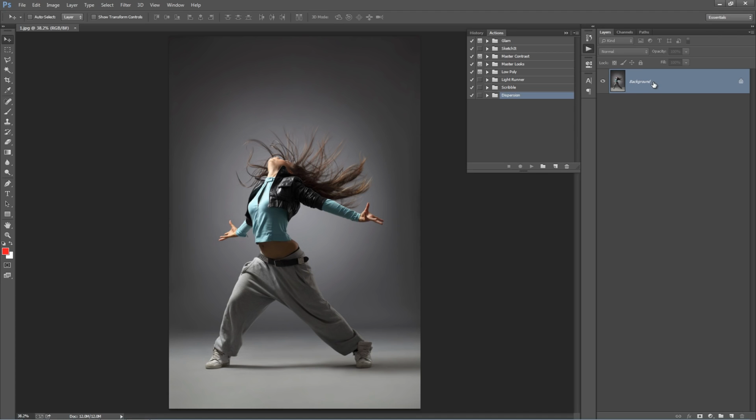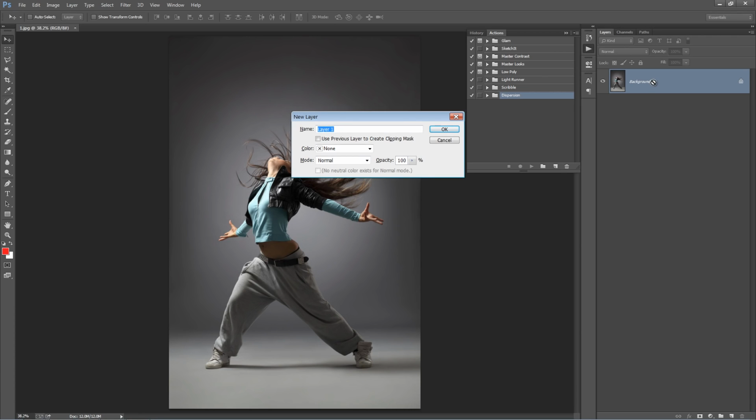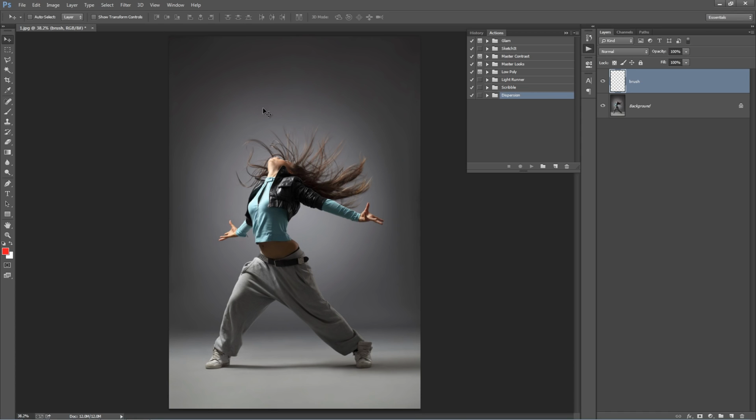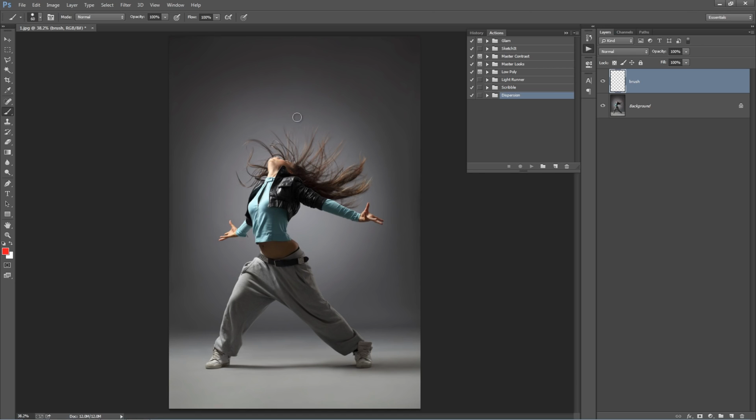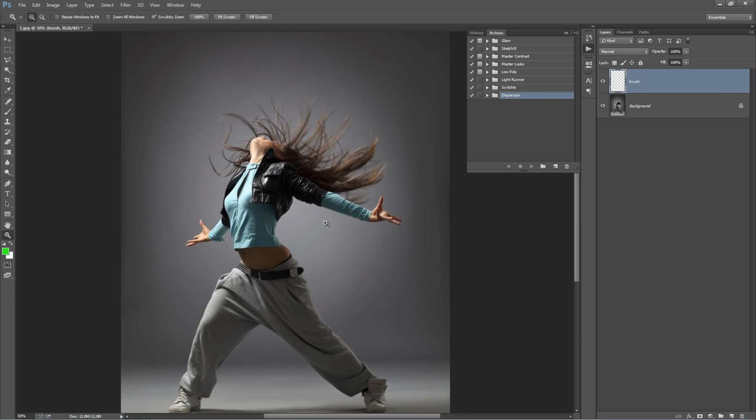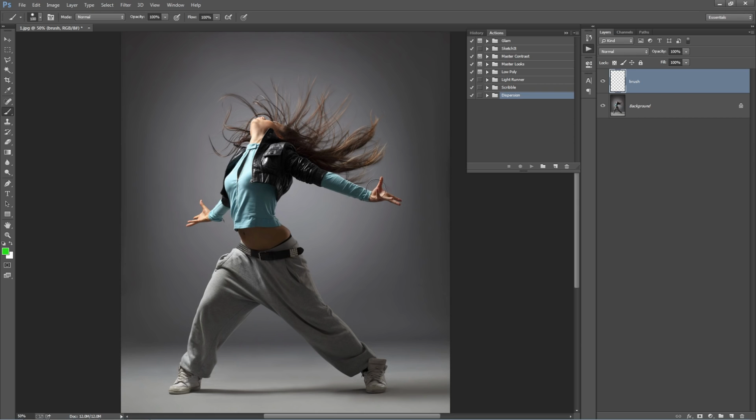So next step is we want to brush the areas that we want to disperse. So to do that we need to create a new layer, okay, and we need to call it brush, all lowercase. It needs to be spelled exactly like that, okay. Next we want to grab a brush, so if I just hit B on the keyboard and right click, I'll select a hard brush here, and I can use the square brackets to adjust the size of the brush up and down. You can select any colour you want, so let's just go with green, and with the brush layer selected you can start brushing in where you want